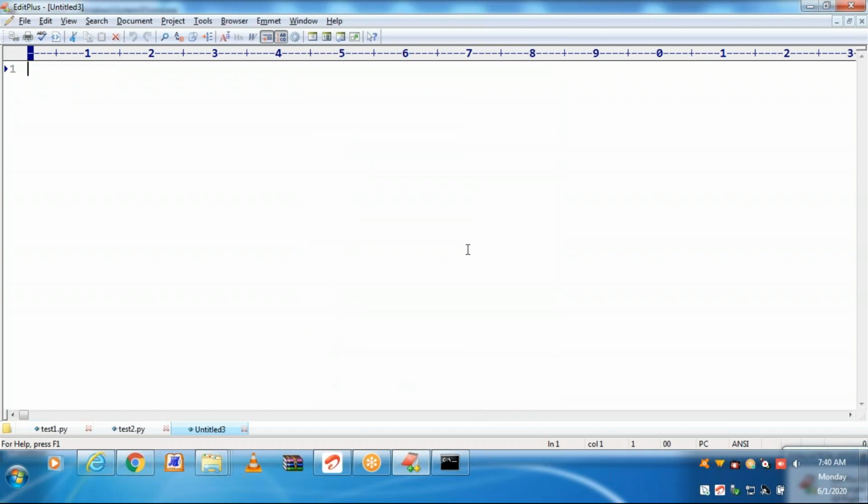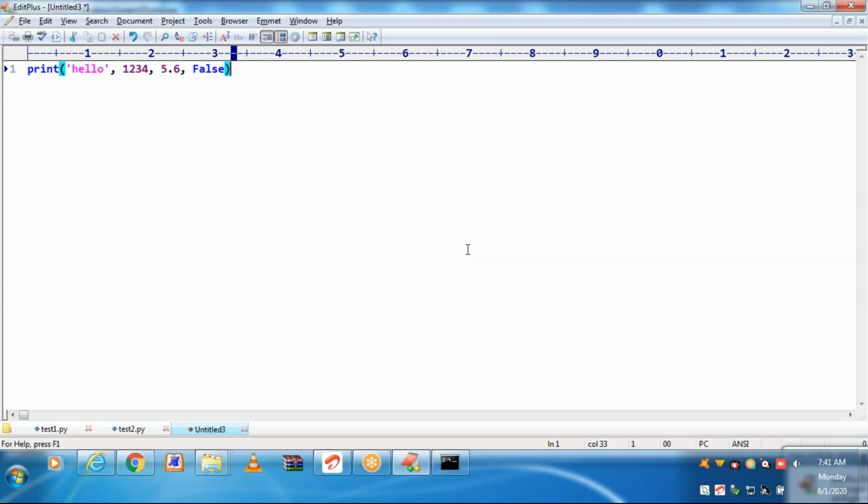This can be done in multiple ways. The first one: hello, 1, 2, 3, 4, that is numeric int type, 5.6, numeric float, then False.